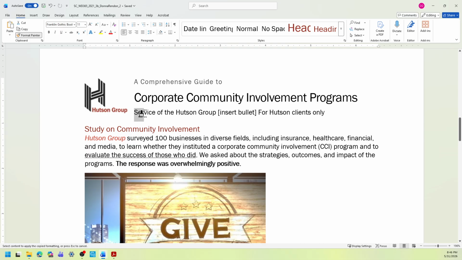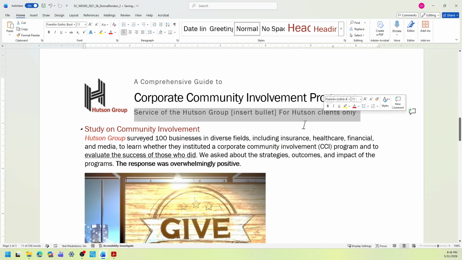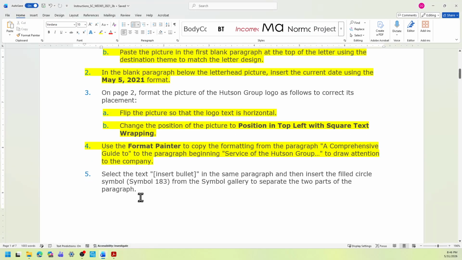You can see that your icon changes to that format painter icon, which is the brush. All of it until only. All right. So back to the instruction.